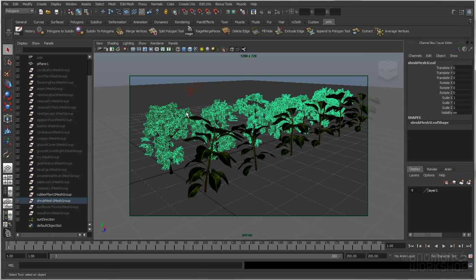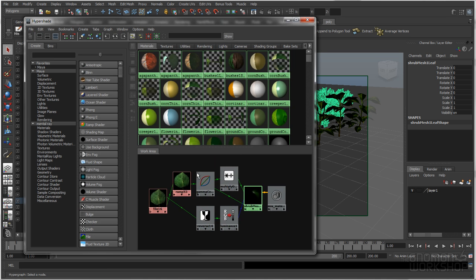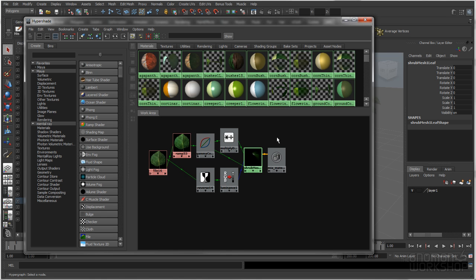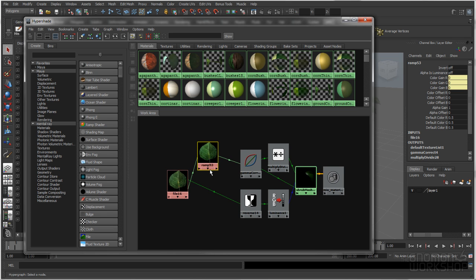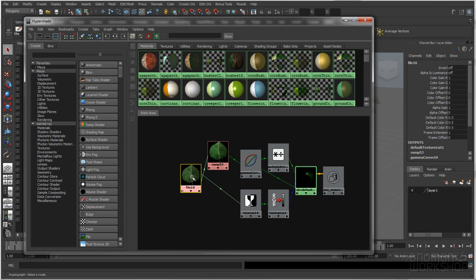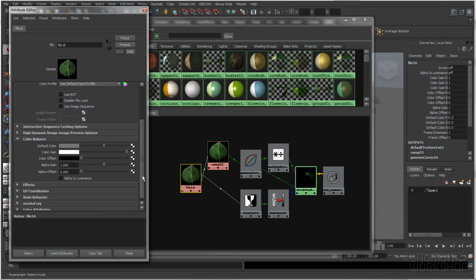If we go to the shader for those leaves, and we go to Hypershade, and let's graph it. We could still have this ramp in here that's changing the color, but we could just decide to replace that with something else. Instead of using that ramp, and again we know that the out color here is going to color gain and so forth, let's say we either replace that, or, to make it easier, let's just go to our original file texture, go to color balance, and we could choose to multiply this by something else, which